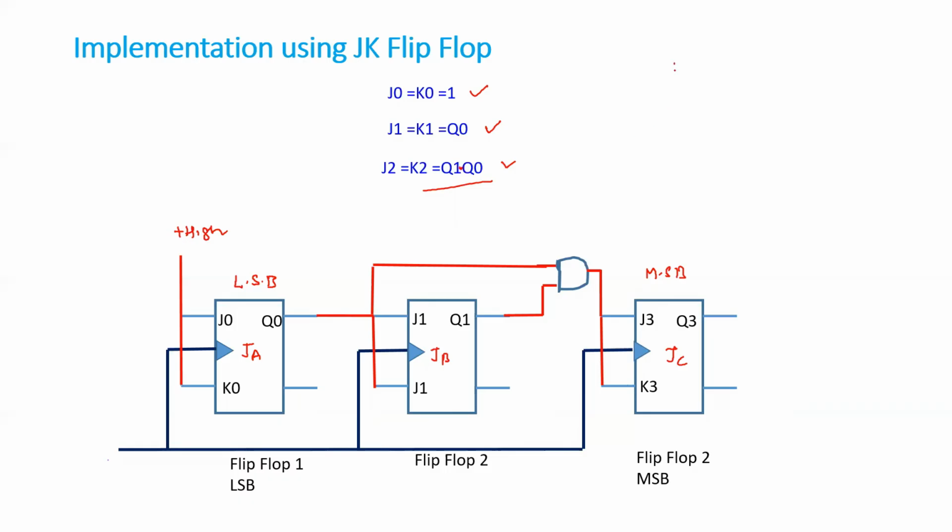Similarly, you can try it for T flip-flop. That is quite simple also. Again, instead of JK, you are using the excitation table of T and looking at what is happening from 0 to 0 or 0 to 1. So this is the entire procedure.